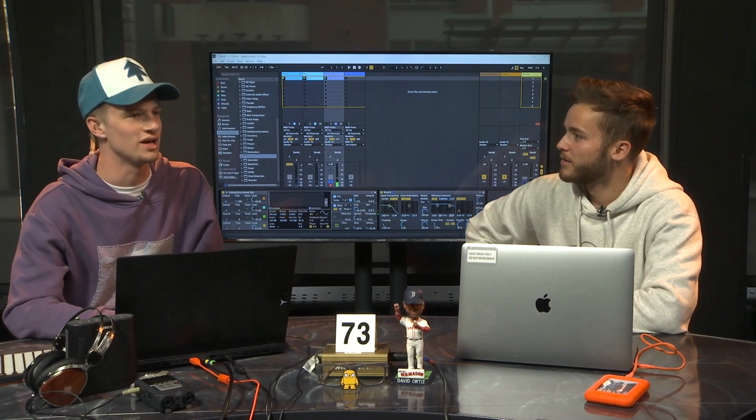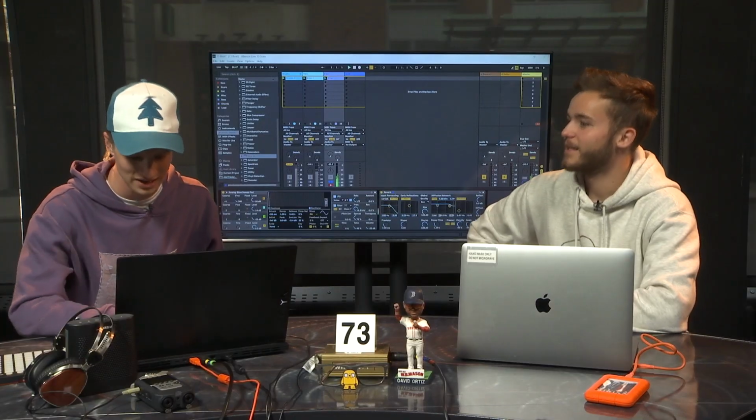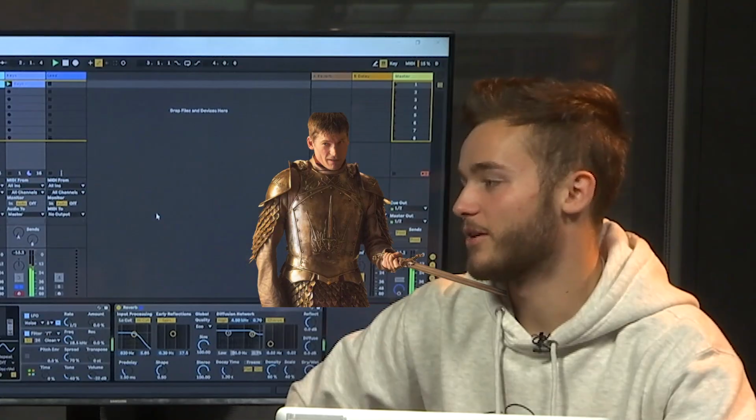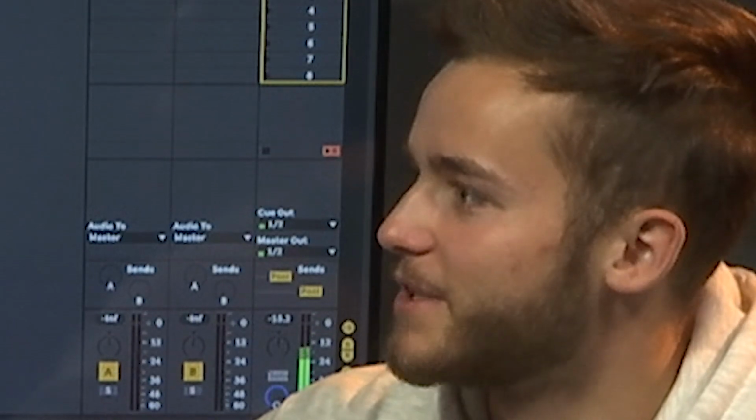This is a weird way of describing it, but the terminology you'd use in music production is that it's very wet. When you throw a lot of reverb on it, it's really wet. So it's a wet cave. We are in the cave that Jaime Lannister was down. Oh, almost spoiled that. Not going to finish that sentence. Watch Game of Thrones. See, this is with the reverb.